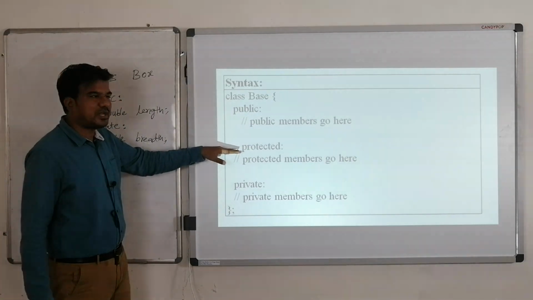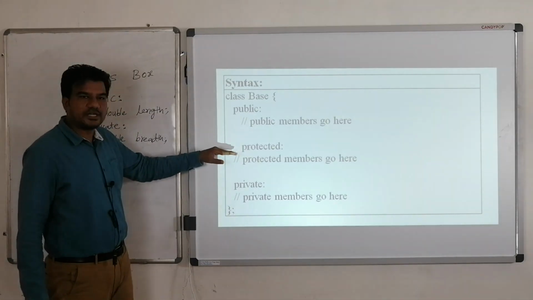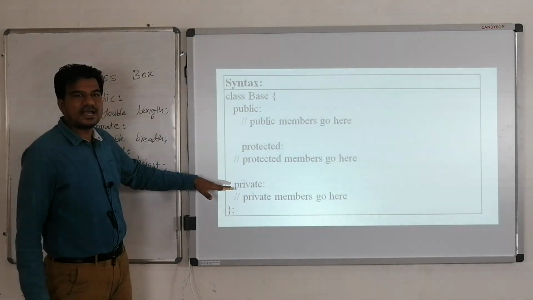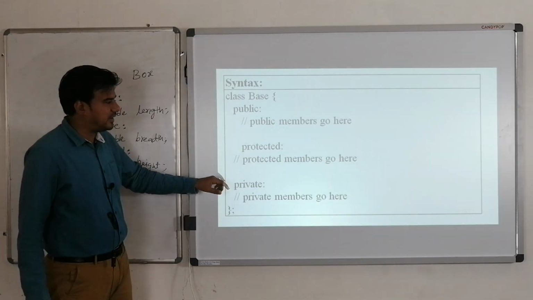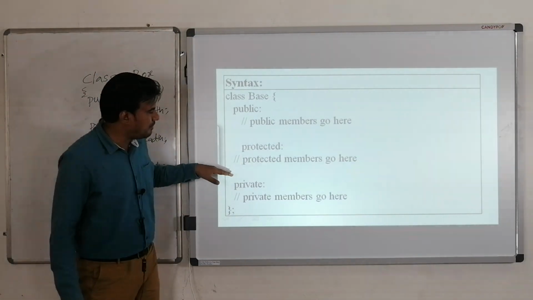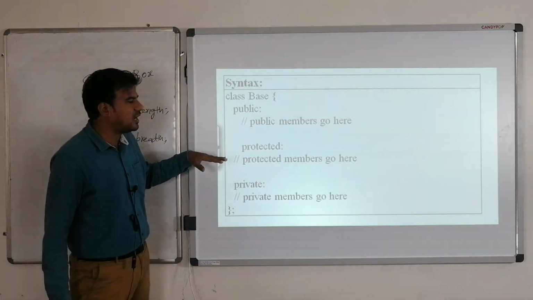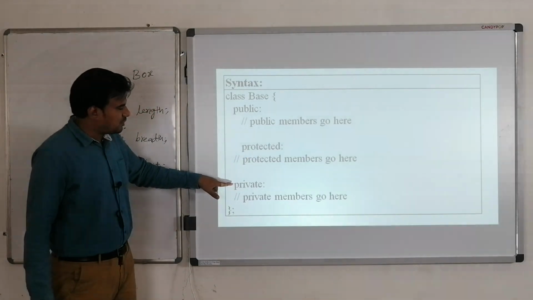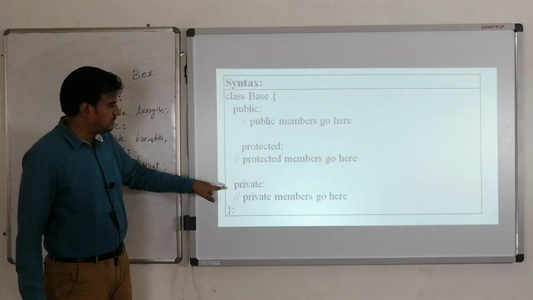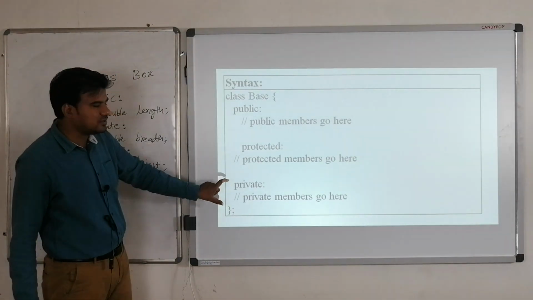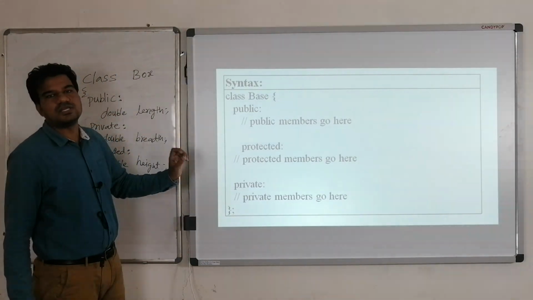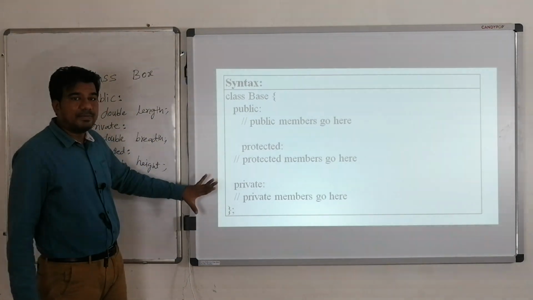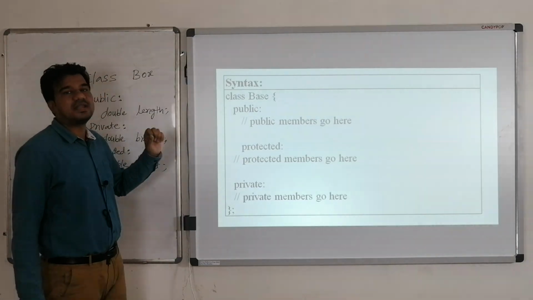So when you start this protected, immediately the scope of protected will start. Protected access modifier will start, and that will remain as long as you are starting this private access modifier. Whatever members you are going to declare in this particular area, all those data members will become protected. And after that, from here to this closing brace, this section, this area is for private data members or private member functions. So in this way, complete class can be divided into different access modifiers.